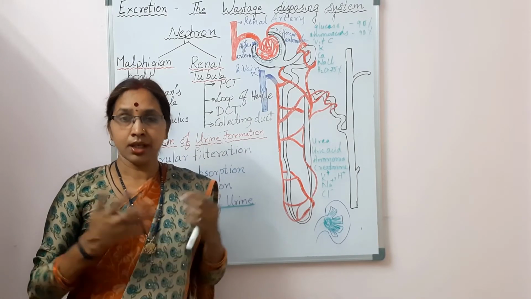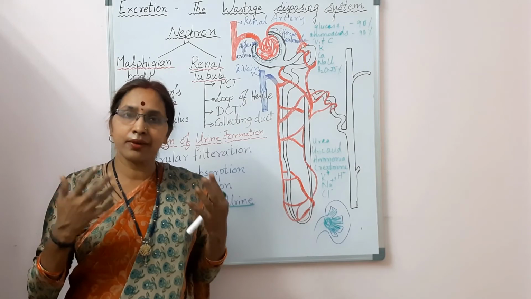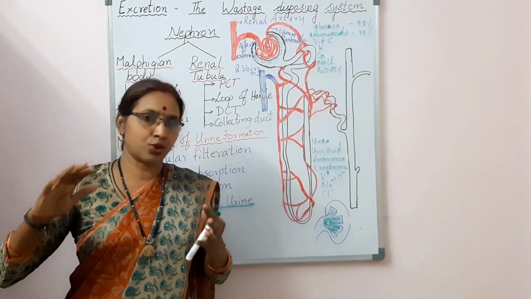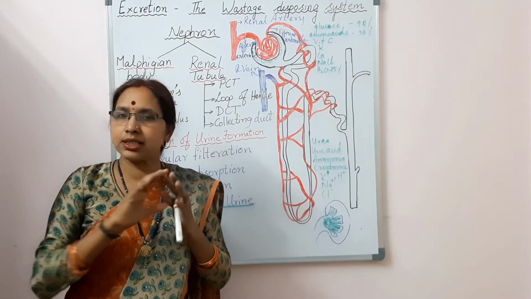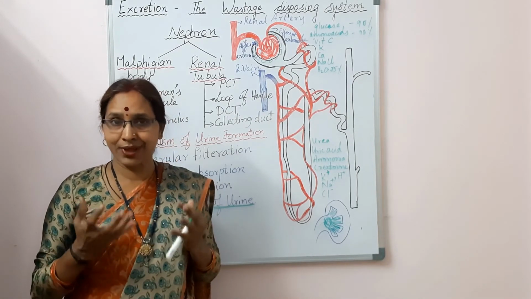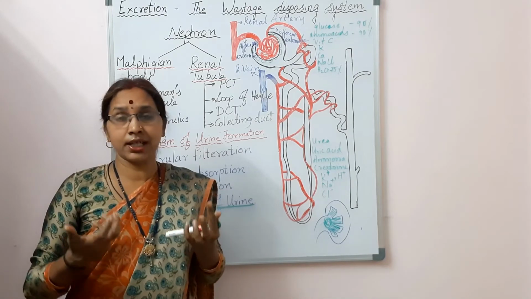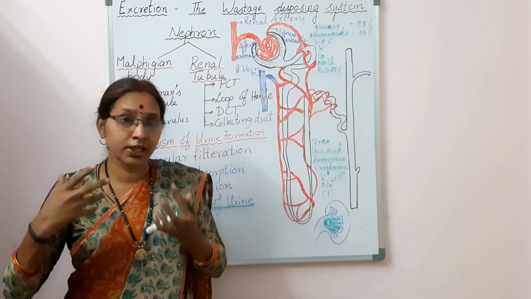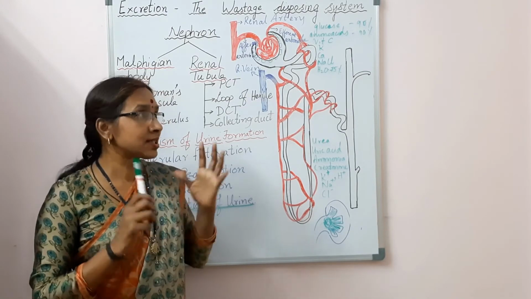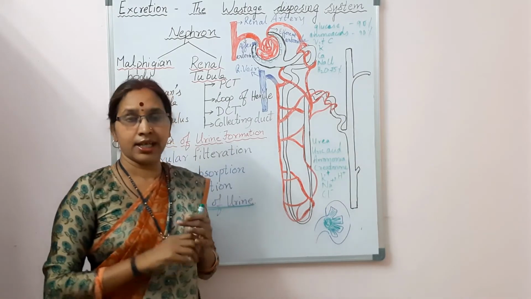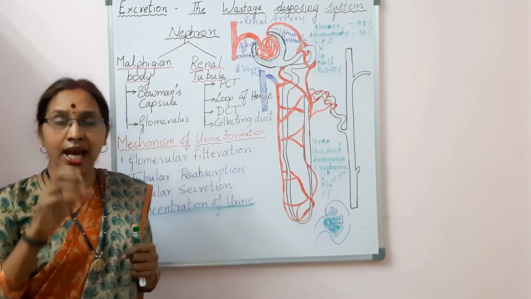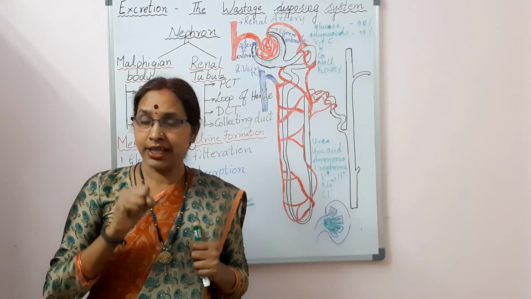So the human beings, they excrete only nearly 2 to 3 liters of urine out of the body. Why, when 175 liters of urine is formed, is only 2 liters of urine excreted out of the body? This happens in the collecting duct. In the collecting duct, concentration of your urine takes place,